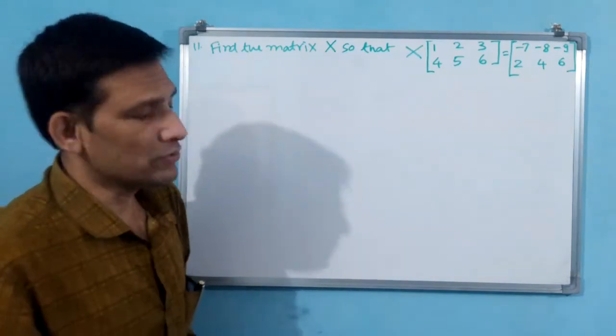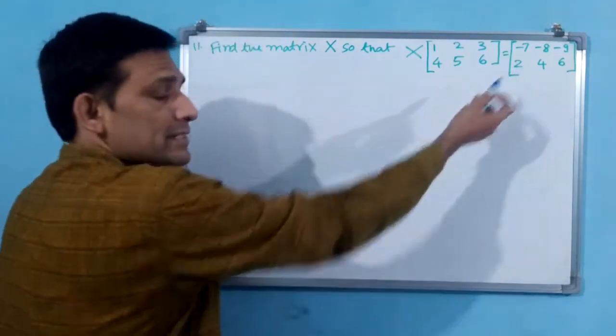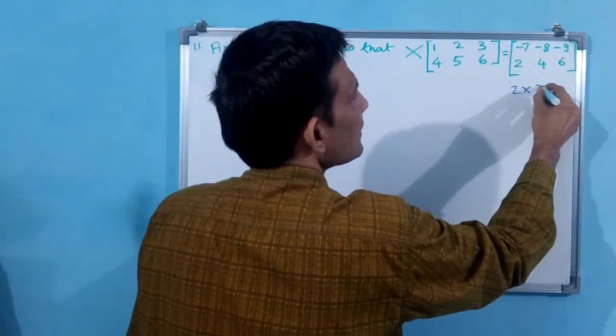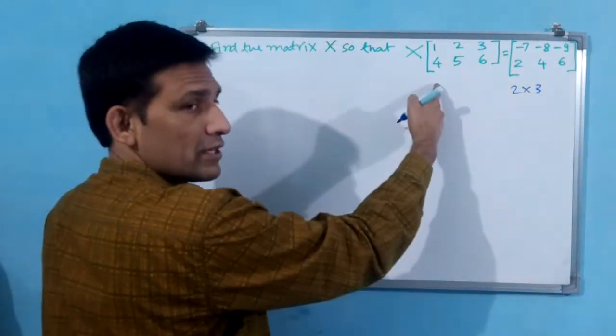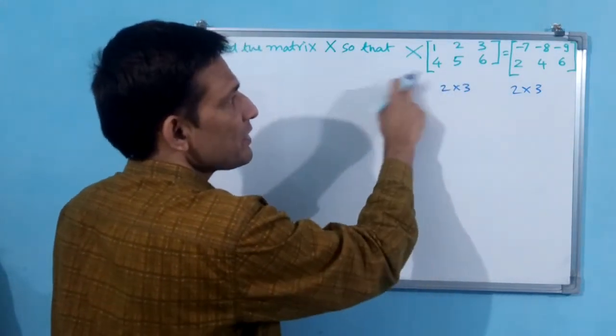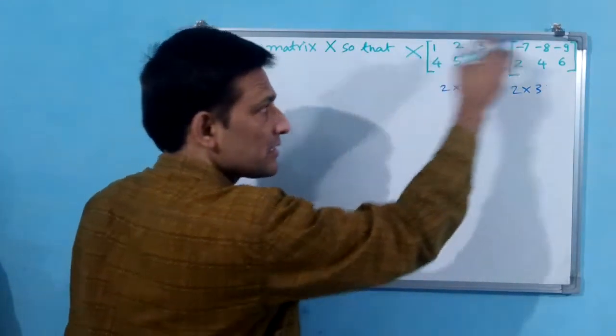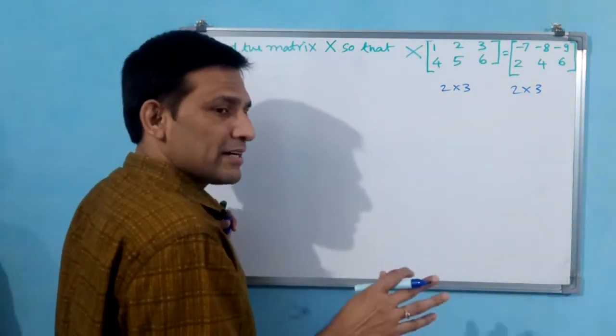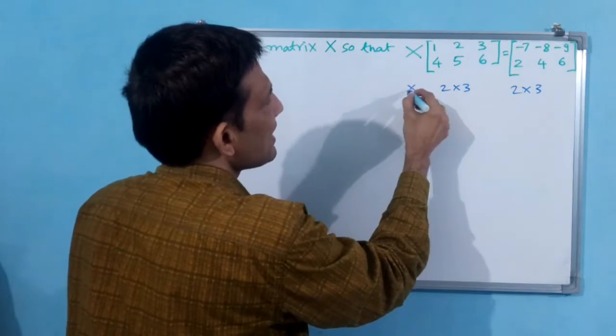That is the logic. You see here, the result will be a 2 by 3 matrix. Here you see 2 rows, 3 columns. Okay, this matrix is also 2 by 3. This matrix, see, multiplication we are doing and the result is coming, which means multiplication occurred. Multiplication occurred means what will be this order?